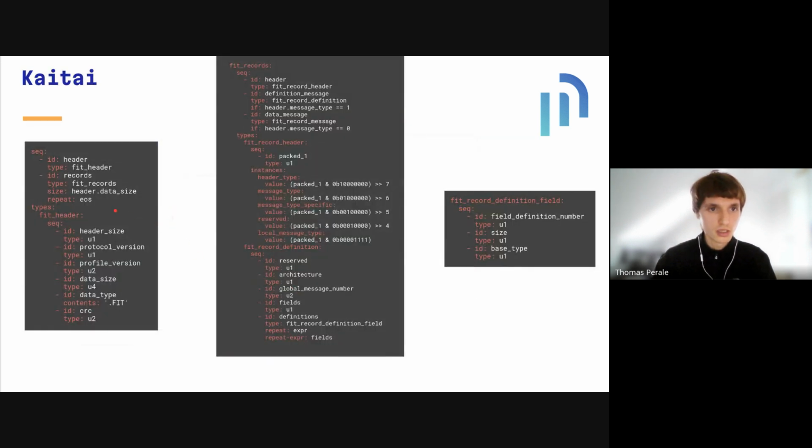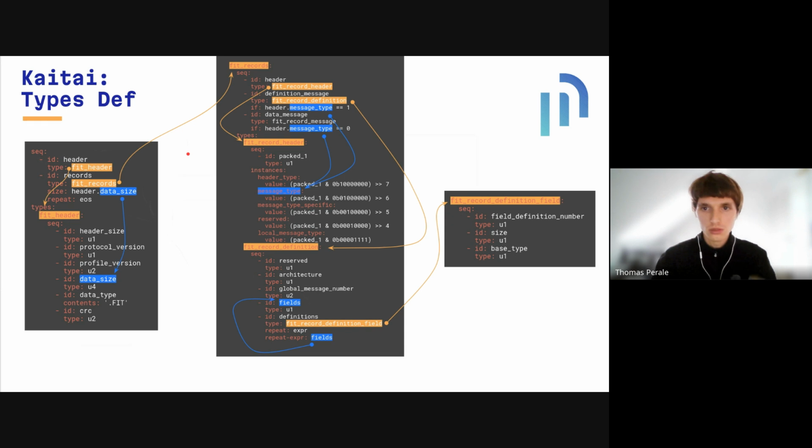And that's what a Kaitai definition actually looks like. I tried to reproduce some type of FIT file definition. So here I wrote the URL so that you can look at it maybe after the conference if you want. But yeah, the main idea is that on top you have a sequence section that defines your topmost